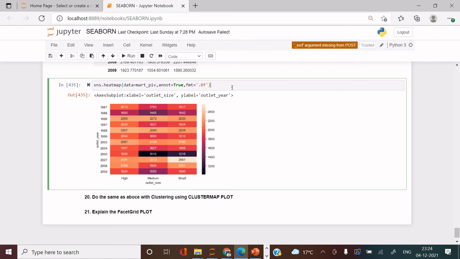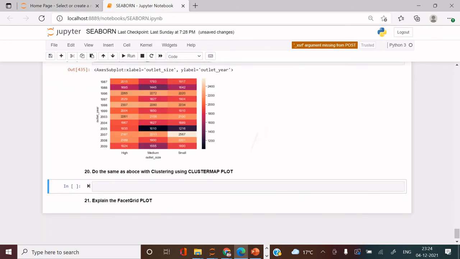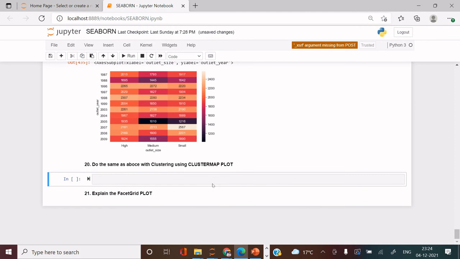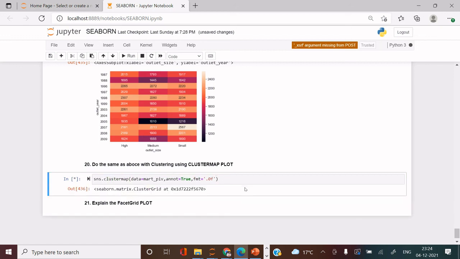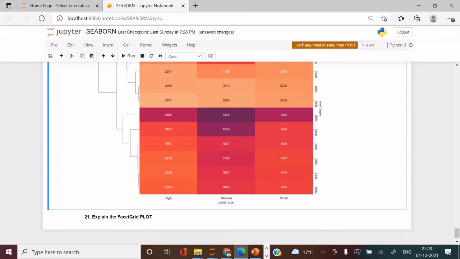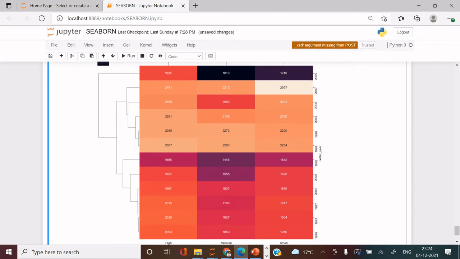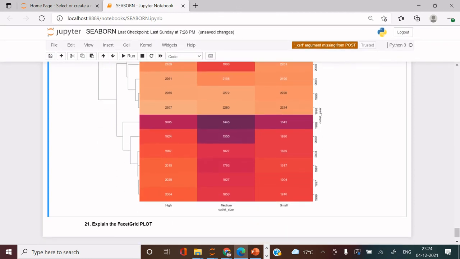In cluster map you can use the same thing, but here it gives you the option to cluster the variables having similar values together. So let's just change this to cluster map. Like you can see over here, it is the same as heat map, but it just puts similar variables together where they have similar values.